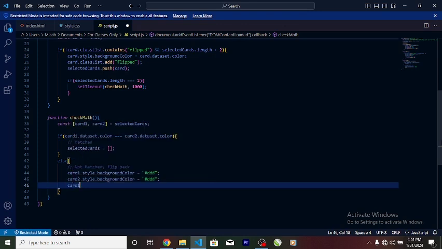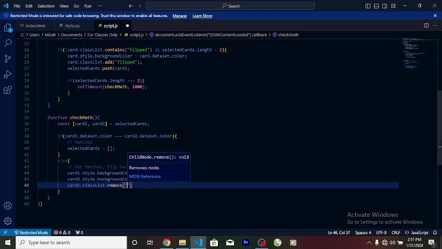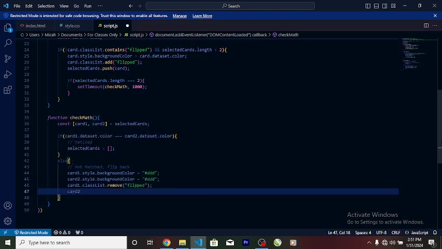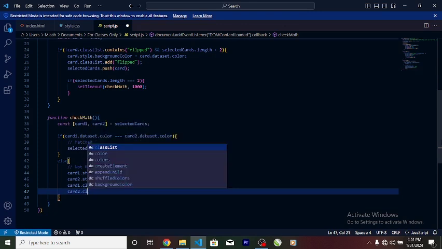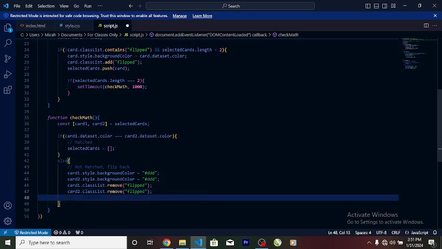Then I'm gonna say card1.classList.remove flipped, and card2.classList.remove flipped, selectedCards equal to, we're gonna just leave it blank, and now we're gonna create the last function,